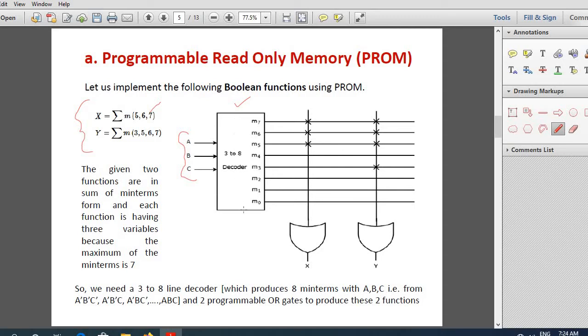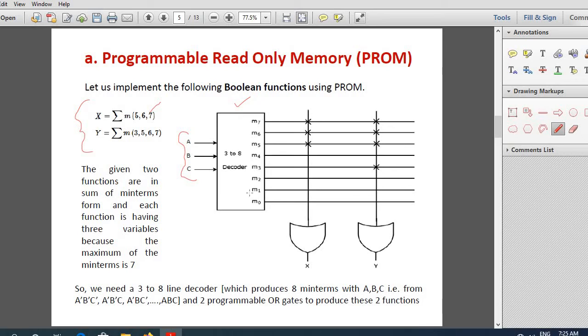Or you separately draw that many AND gates. So 3 to 8. 2 raised to 3 is 8. So a 3 to 8 decoder is required. And what is the output of the decoder? It produces all the min terms. So what is M0? It is A complement, B complement, C complement. M1, A complement, B complement, C. M2, 2 is 0, 1, 0, right? So A complement, B, C complement. So all the combinations of A, B, C are produced here with the decoder.